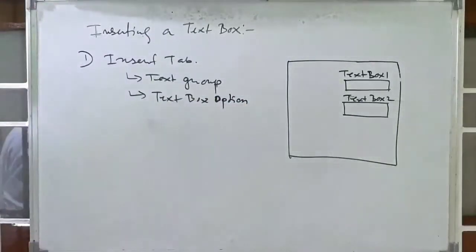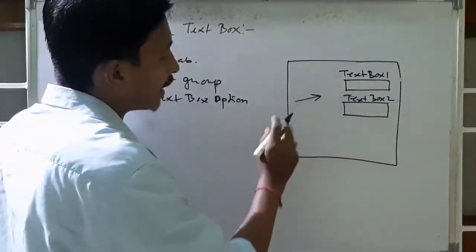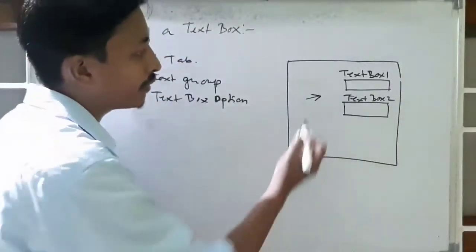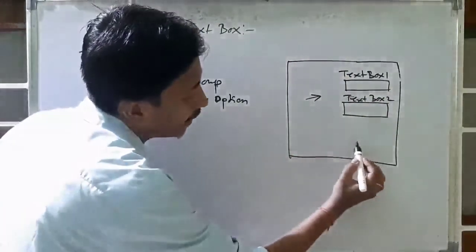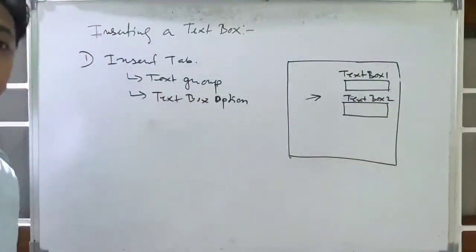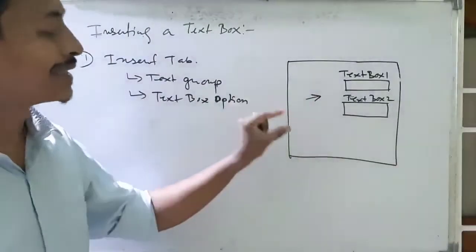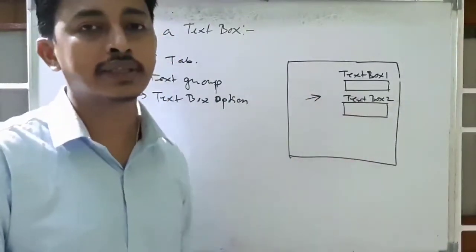Okay, now see, move the pointer to the place on the slide where you want to add the text box. Means what? Move the pointer, whatever the pointer is given here, you move where you want to insert the text box. You want to insert text box in the top of the corner or in the bottom of the corner. So this is decided by the users. So just you move the cursor where you want to insert, where you want to align your text.